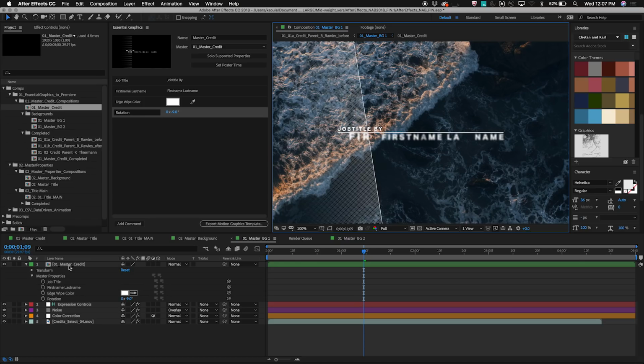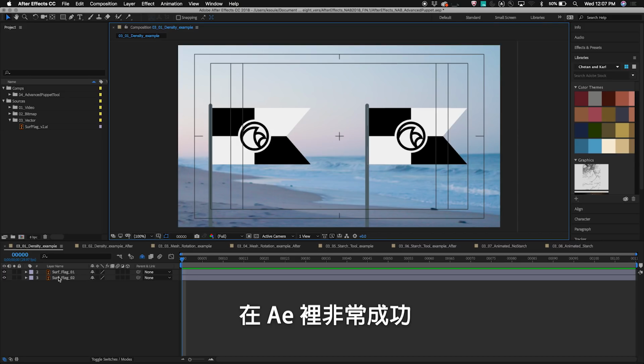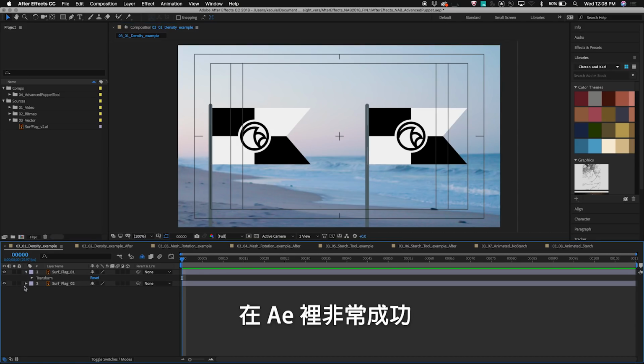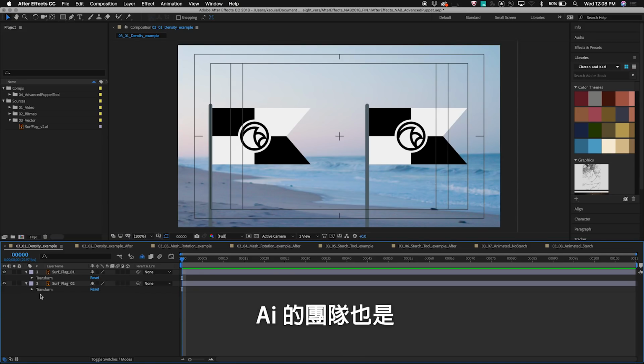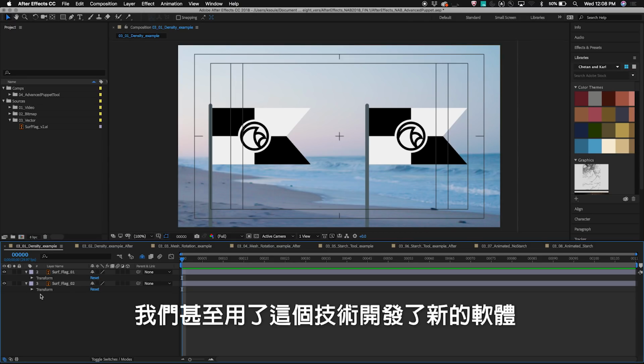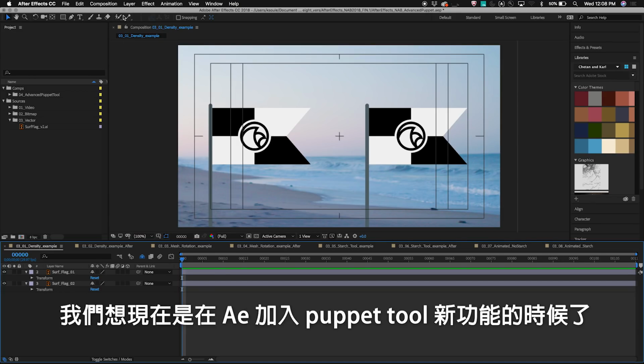The Puppet tool was invented by the After Effects team, and it's been super successful inside of After Effects. It's been so successful, in fact, we've seen the Photoshop team adopt the Puppet tool technology, we've seen the Illustrator team adopt it, and we've even built an entire new application that uses Puppet tool technology called Adobe Character Animator. We thought it was time to go in and add some new features to the Puppet tool